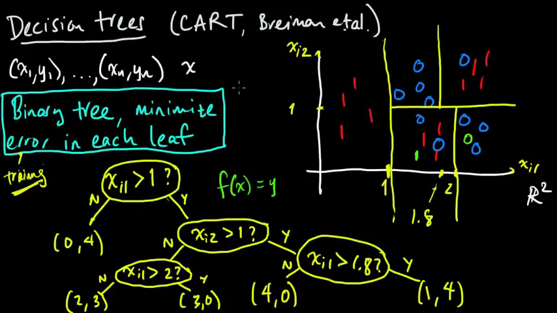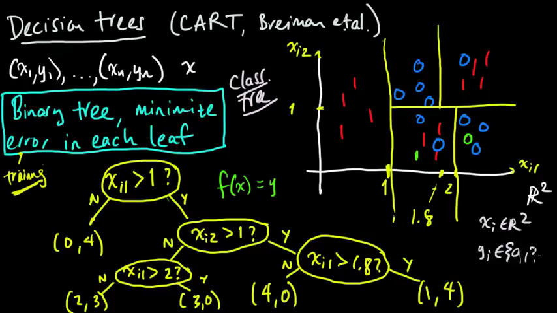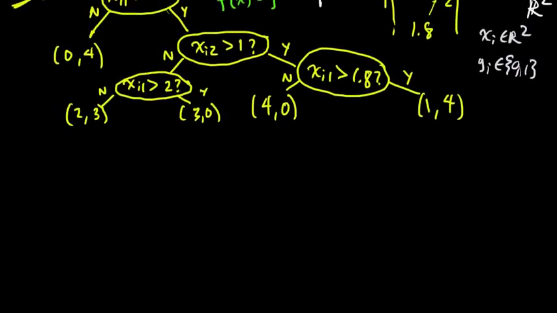We just saw an example of a classification tree. Just a nice simple example. In this case, these xi's were in R2, our data, and the yi's were just 0, 1, so this is a simple binary classification case. And in this video, we're going to explore a regression tree, just a simple